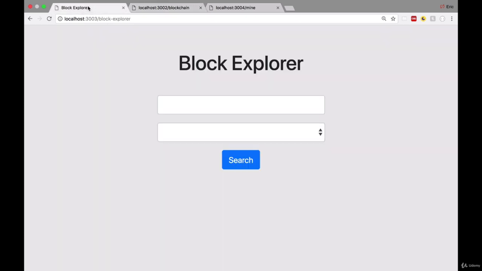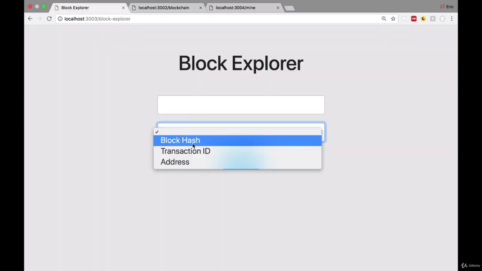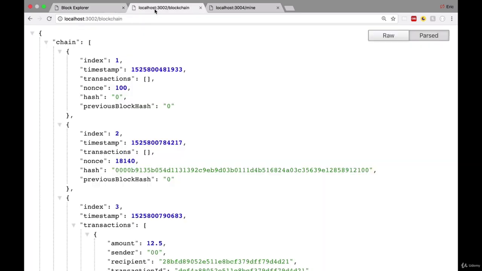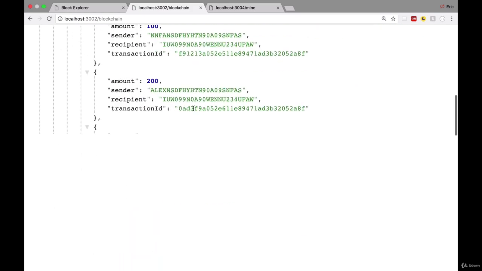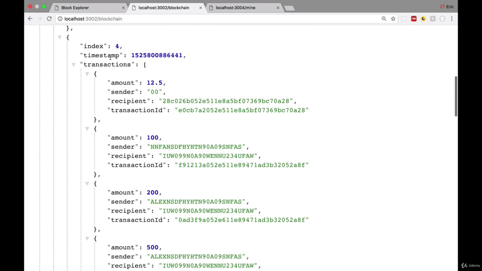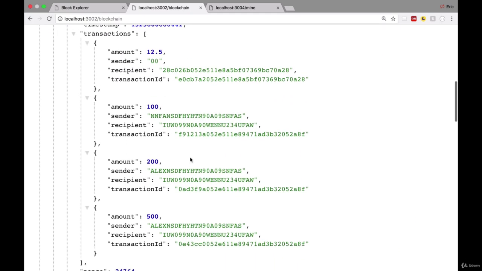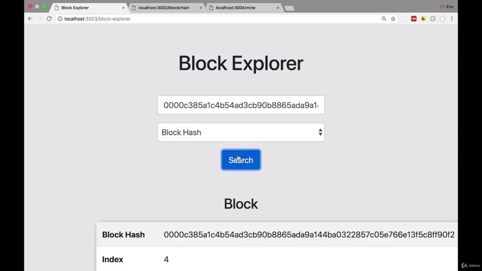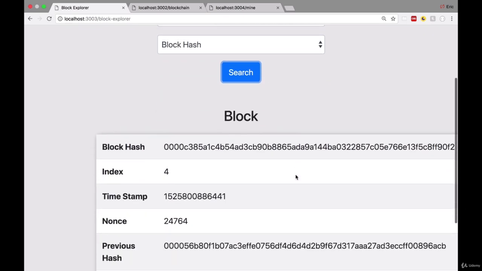So inside of our Block Explorer, let's first get a block by its block hash. So let's select the block hash option. And in this tab, let's grab a block hash. So I'm going to grab this block hash right here from our block that is index 4, and it has a couple of transactions in it. And I'm going to take that block hash and paste it right here. And I'm going to hit the search button. Cool. If I zoom out,